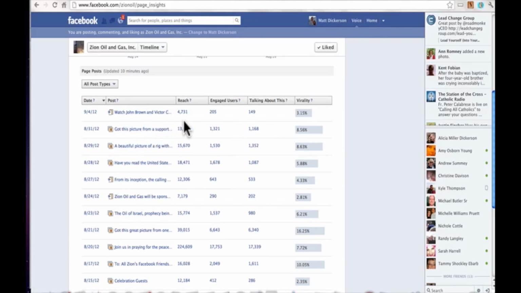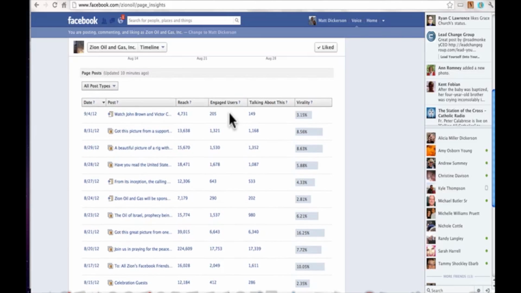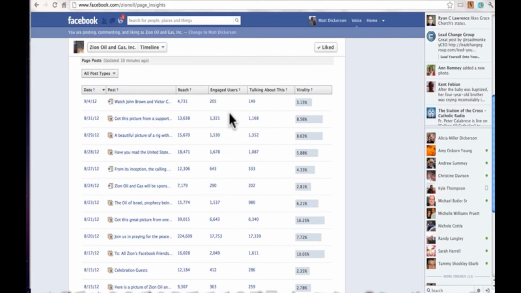What this means is it's trying to give you a picture of what type of post your fans really respond to. And so that's really what's great about Insights, is it gives you the idea of, okay, I've got these, in this case, 54,000 fans. What is it that they really like? And going at a real deep level, and you can see,